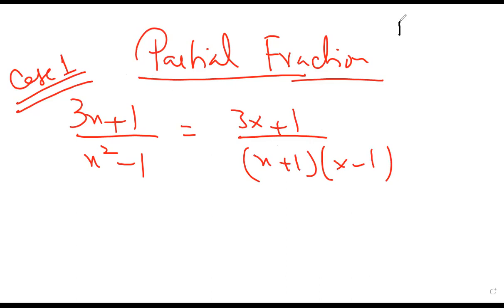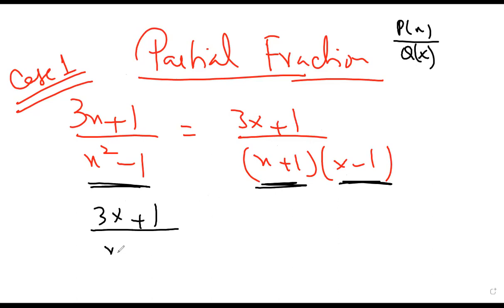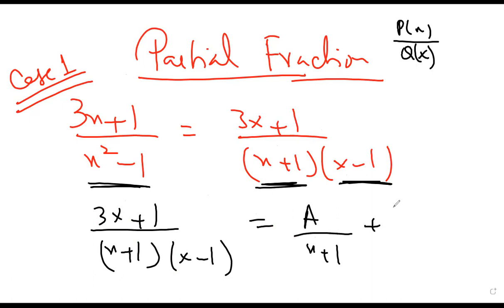the denominator will have non-repeated linear factors. When non-repeated linear factors are there, then the format of the partial fraction will be a upon (x plus 1) plus b upon (x minus 1). Second case,